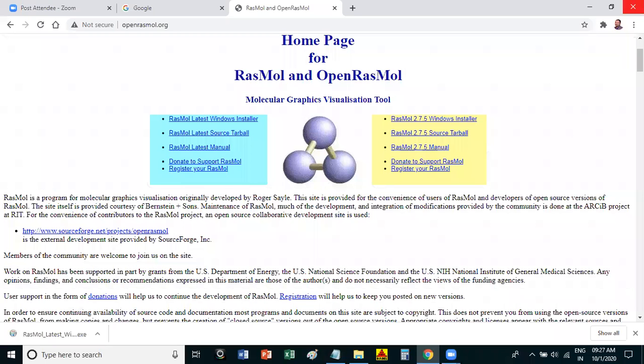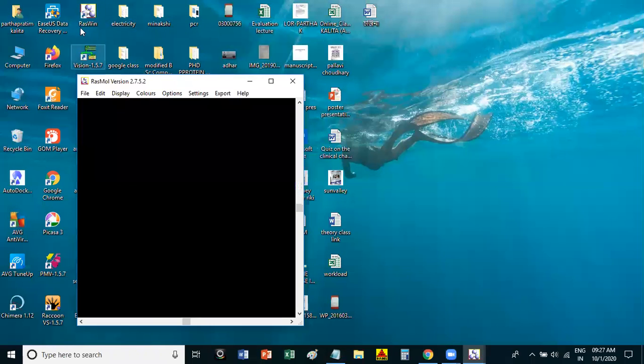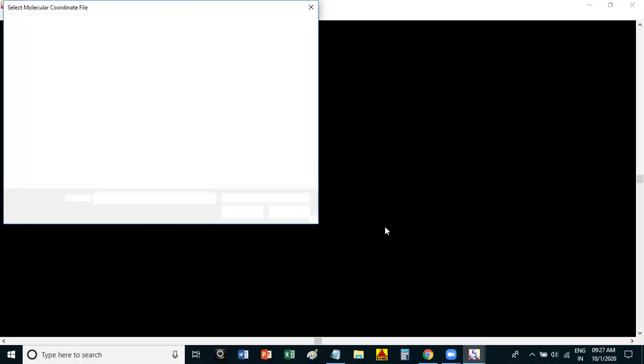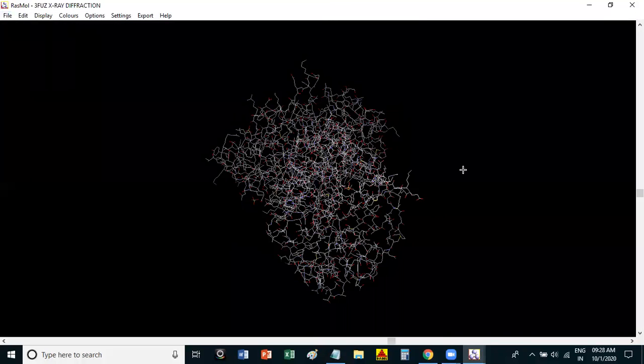When you install it, it will show you this type of page, where it will be written RasWin. Then you have to go to File, then Open. You'll open any of these files, for example I am opening this one. Then it will show you the structure.